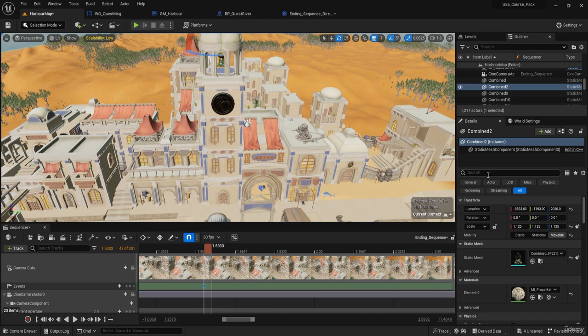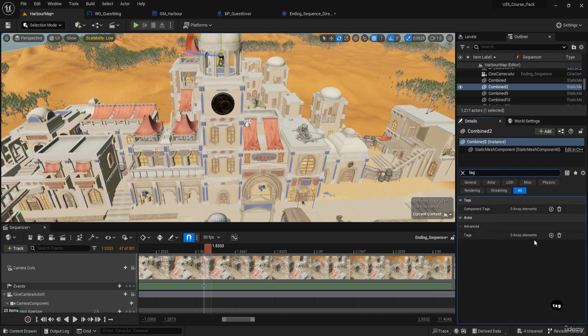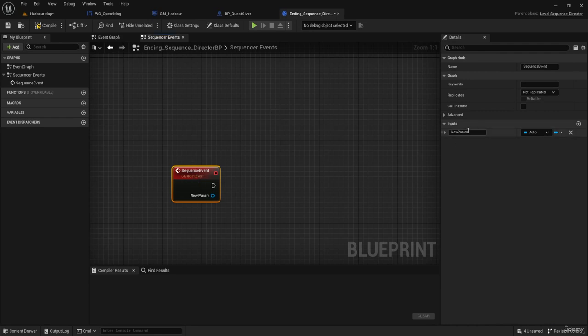And there could be another way. You can put a tag. We have a tag and we search all actors with tag, and there's other ways to go about it also. But this is also a way that gives you the opportunity, the chance, a way. It shows you a way, basically, how to pass actors from sequencer, because you might need this event to be repeating and passing a different actor. So let's call this in actor,